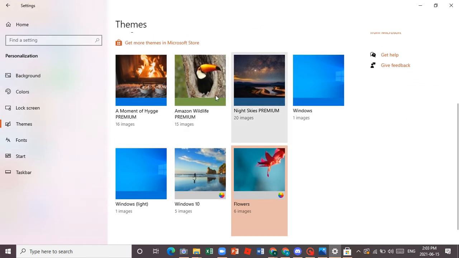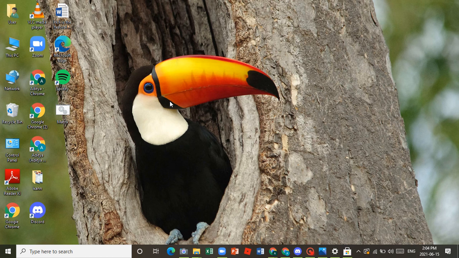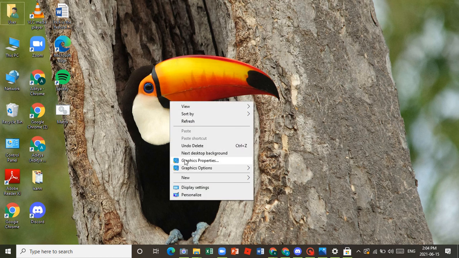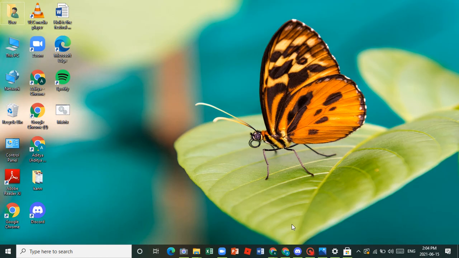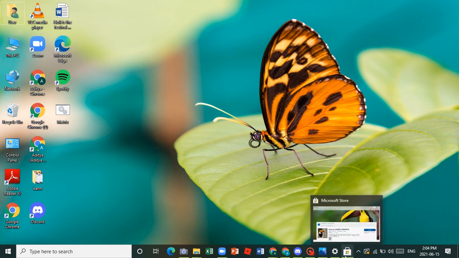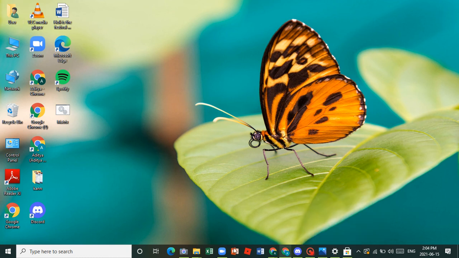Now you can see whatever I downloaded comes up over here. So it has finally come, and if you click on it, it will open up. And now you can see the taskbar color changed. Now if I minimize, you can see the thing. Again, if I click next, desktop background, it will change. So right now, as I've quit Bing Wallpaper, I will teach you how to open it.